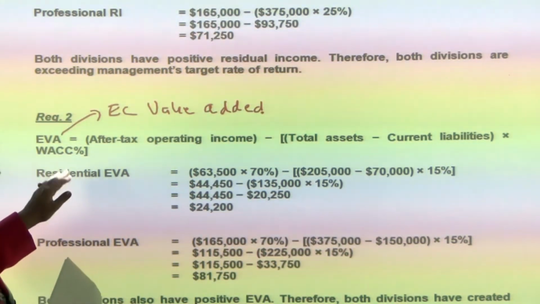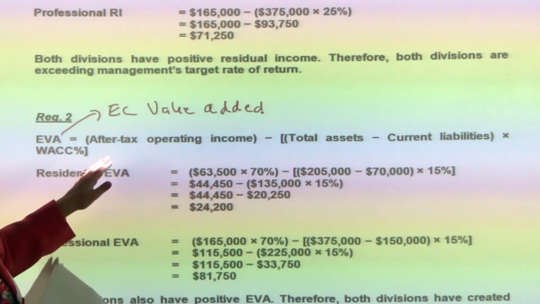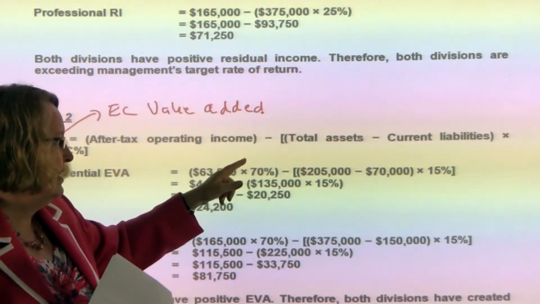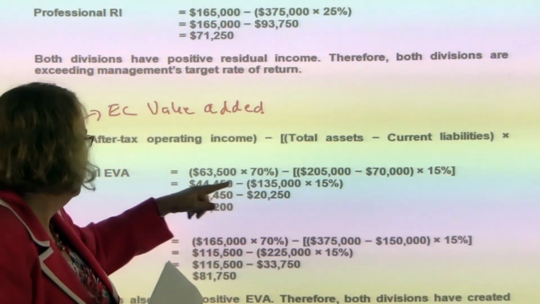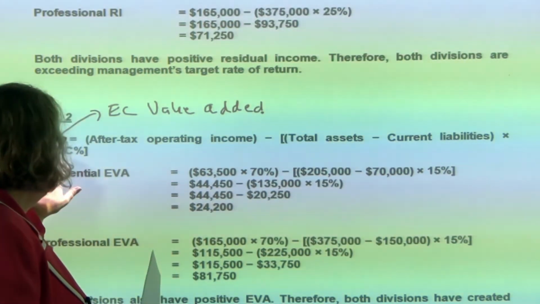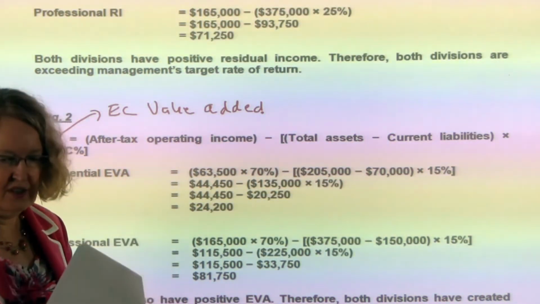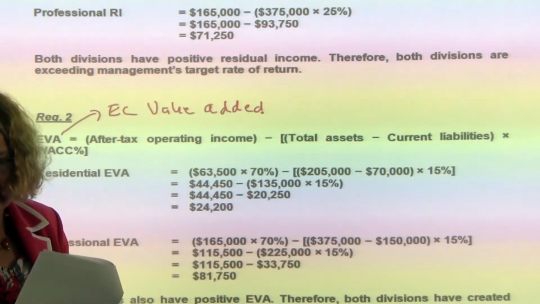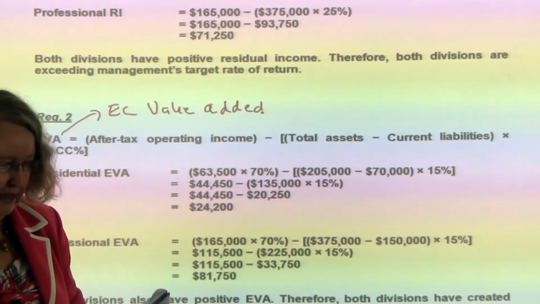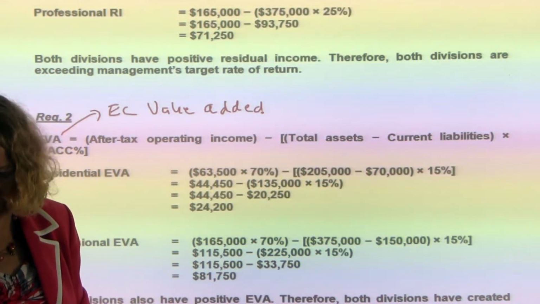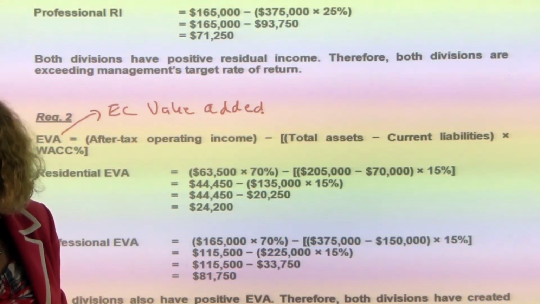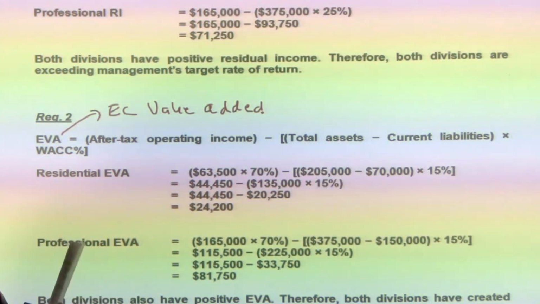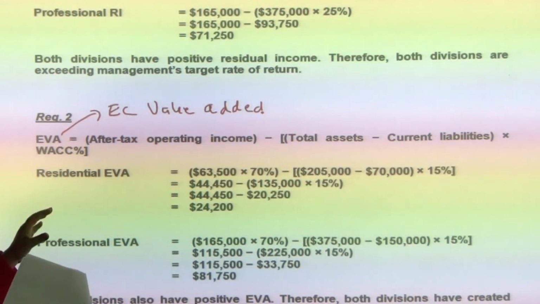So you're looking at EVA. It's your after-tax operating income less total assets minus current liabilities, and you're going to multiply that by your weighted average cost of capital. And the weighted average cost of capital is given to you in the problem, and that is given to you as 15%. So the economic value added